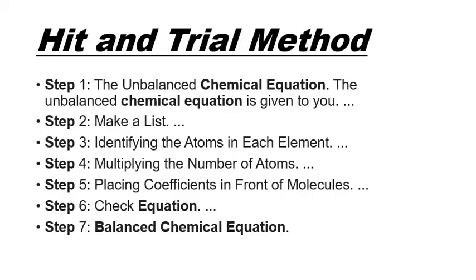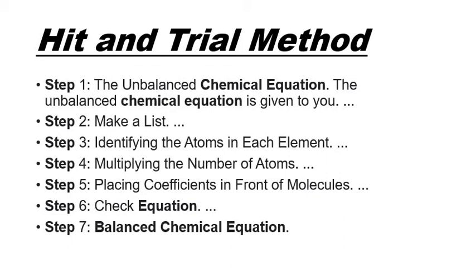Now, how to balance a chemical equation? We balance a chemical equation by the hit and trial method. The reason for balancing a chemical equation is the law of conservation of mass, which you have learnt in class 9. The total mass of the reactants should always be equal to the total mass of the products. So the total number of atoms in the reactants should be equal to the total number of atoms in the products formed in a chemical reaction. The method employed to balance the chemical equation is called the hit and trial method, and we are doing it because we are obeying the law of conservation of mass.